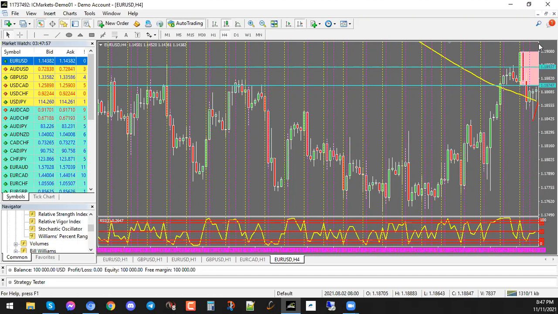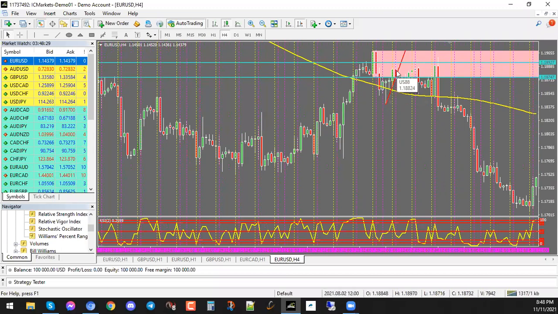Okay. However, price broke that area of structure. So because price broke that area of structure, we can say, okay, then all of the stops that were placed down here for this buy were hit, right? So most stops in this area would have been taken out. Okay, so they push the price down to take out those stops. Once they're able to take out those stops, they took out the buyers, so they're going to try bringing the price back up, trying to get a better price. And with them bringing the price back to the upside, if we're looking for a nice entry in a lower time frame, like the 1 hour time frame,